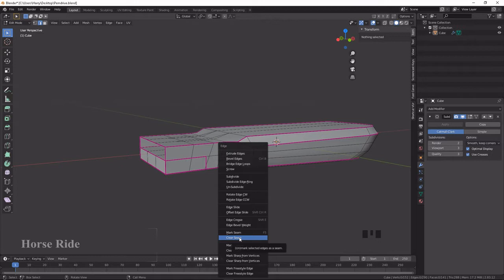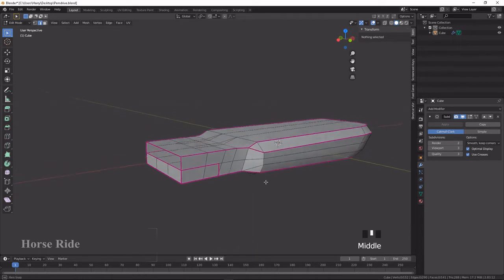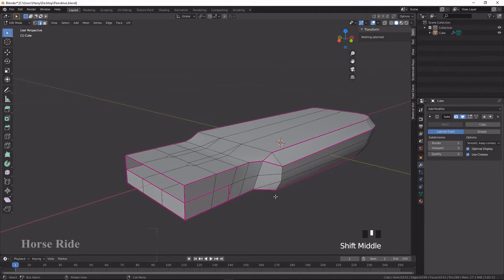So how to create that? I'm going to show it in the menu, Clear Seam. This can be applied to any menu option. So right click, assign a shortcut. I press F6 to create a clear seam. So this is the shortcut to clear a seam. Ctrl E to go to the menu, and F5 to mark a seam.